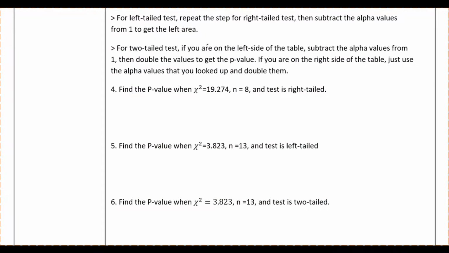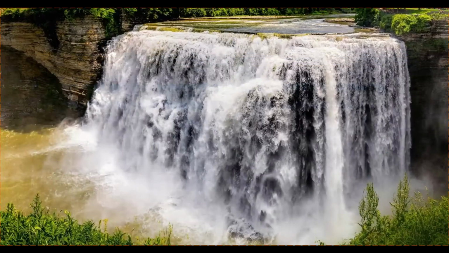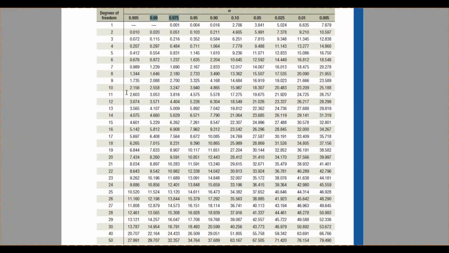For a two-tailed test, if you're on the left side of the table, you need to subtract the alpha values from 1 and then double the values. If you are on the right side, just use the alpha values and double them. So for example, if I give you a degree of freedom of 10, and I said that the test value was 19,